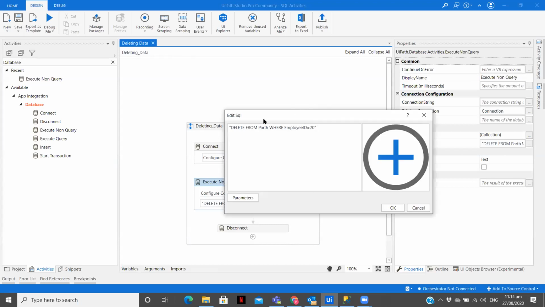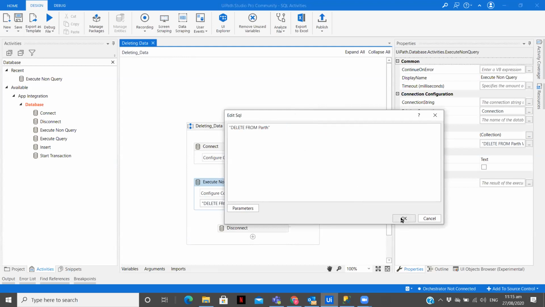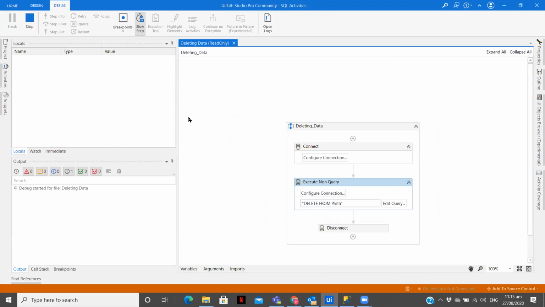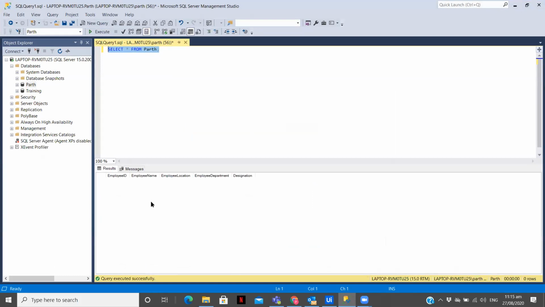Now the second one is we are going to delete all the data. So we are going to write delete from path. That's it. Save. Now our complete data will get deleted. Next. You can see all the data got deleted. So if I want to completely delete the data, it's similar to the clear data table activity. When we do clear data table, the data table exists but the data is not there.